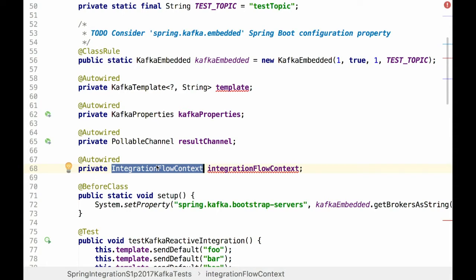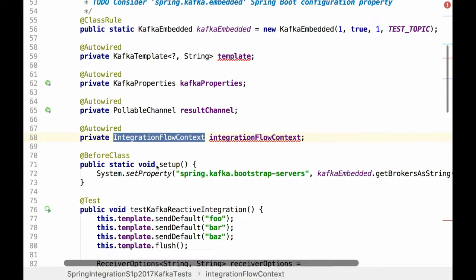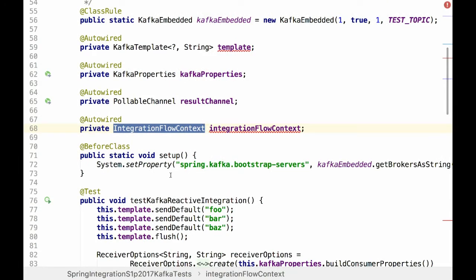So sometimes we don't need to have a statically defined integration flow and would like to do that on the fly in the code. That's the idea of what I will show you in this sample.